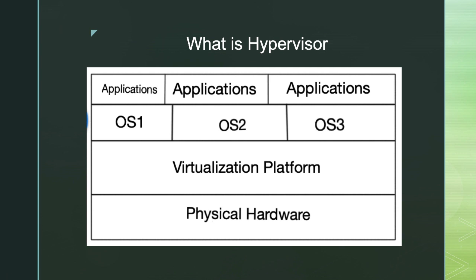Now, in strict terms, this is a type 2 hypervisor. We will go through later what type 1 and type 2 are, but this is in a nutshell. Someone might argue that this may not be the case for type 1, but this is generic. This is for type 2 now, and I will explain what type 1 and type 2 are in subsequent videos.